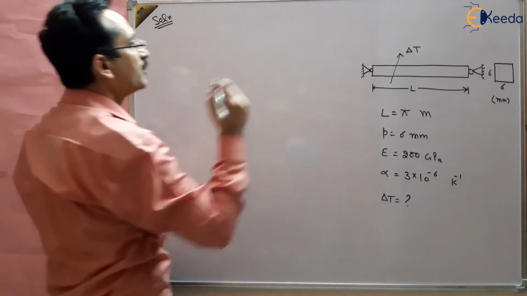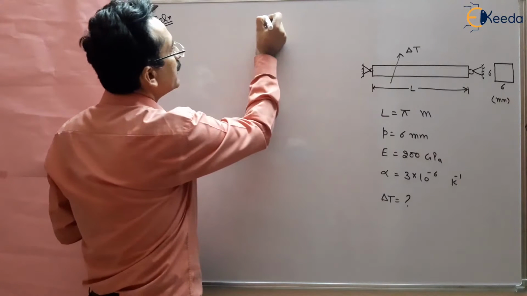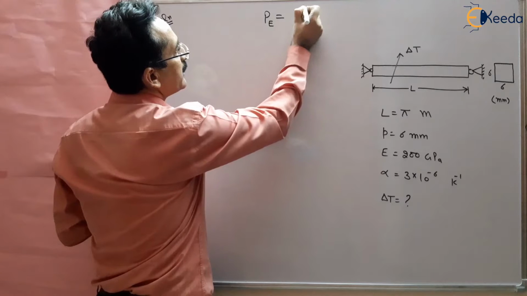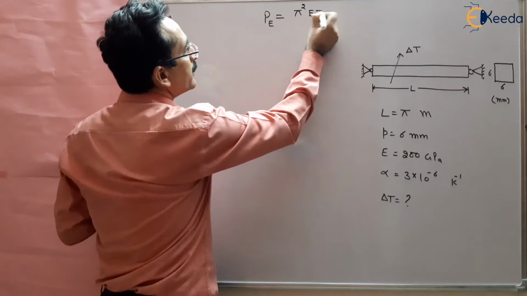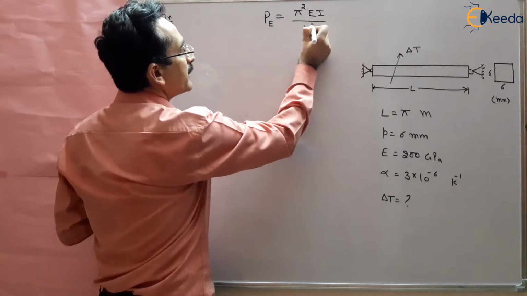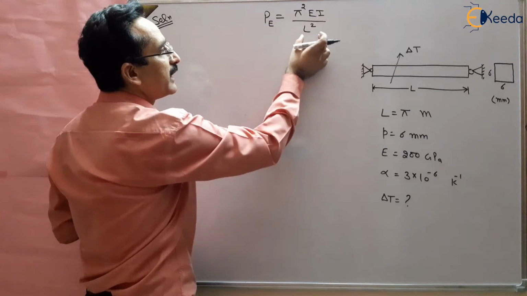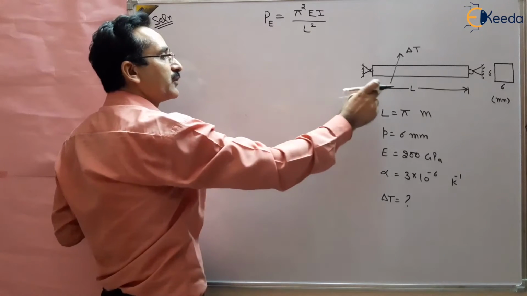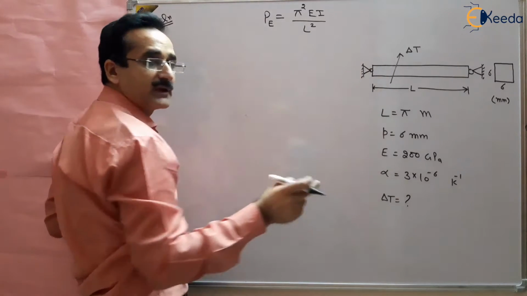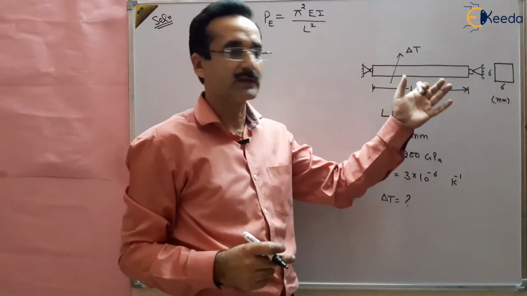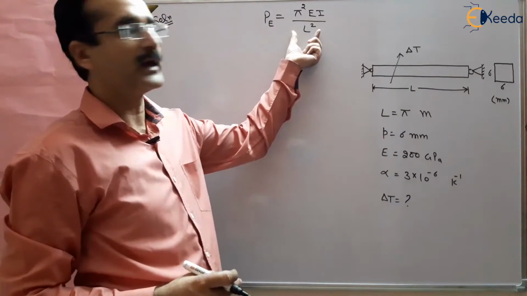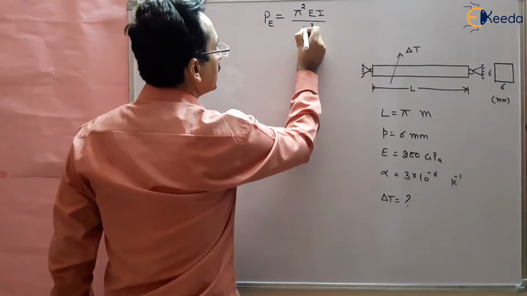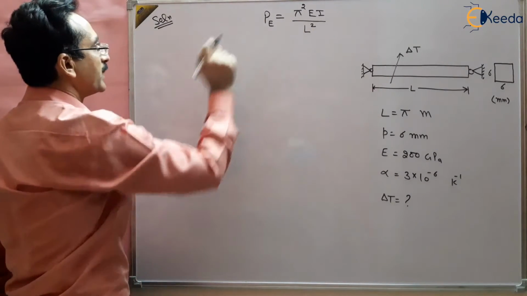In this question, we know Euler's load. First, you should know the Euler's load, PE, that is given by pi square EI upon L square. I is the minimum moment of inertia and L is the length, right? L is for a pin joint. If there is a fixed joint or other joint, then we have to use other things. Here we can use equivalent length as L itself, right? So this is the equivalent length or simple length L, L square, because it is a pin joint, right?